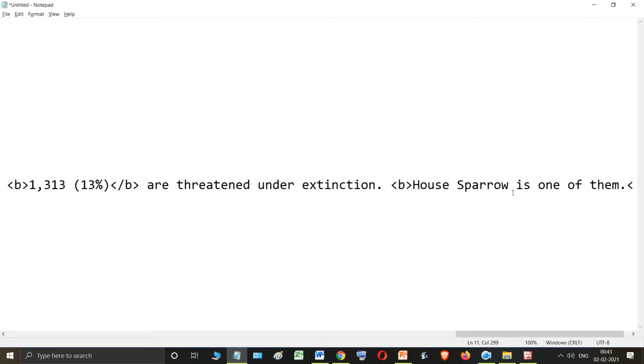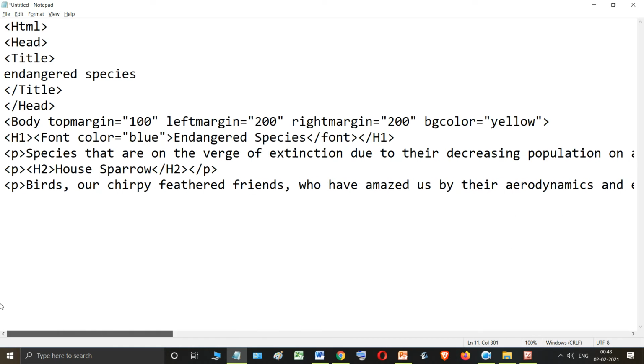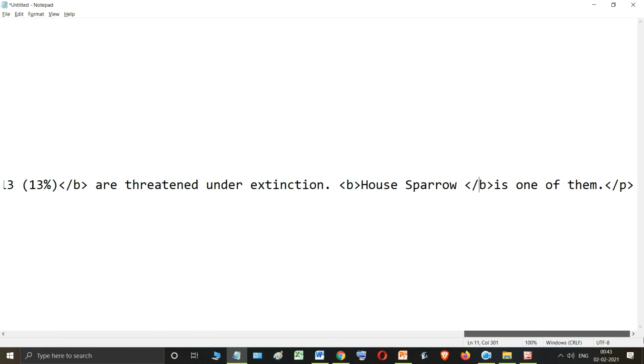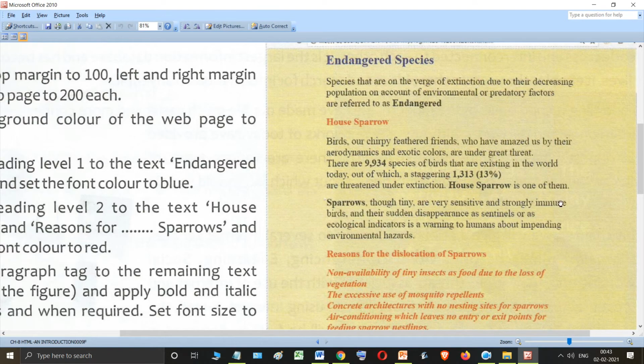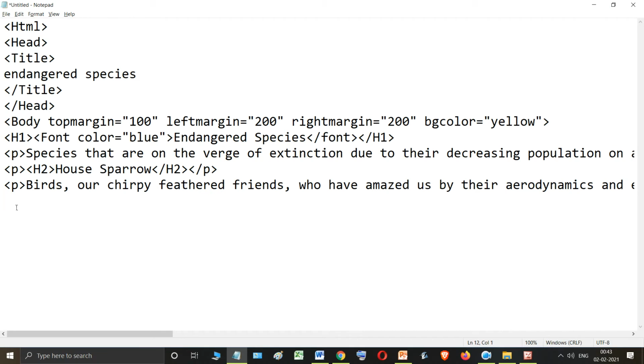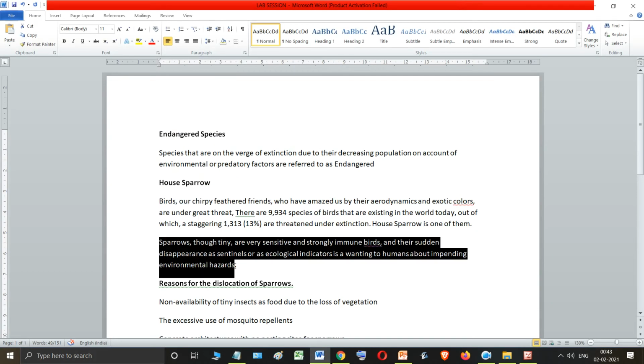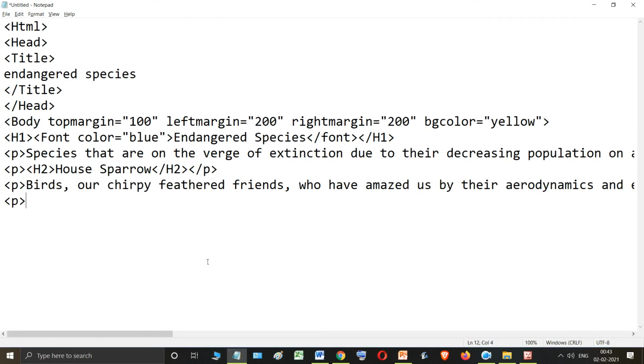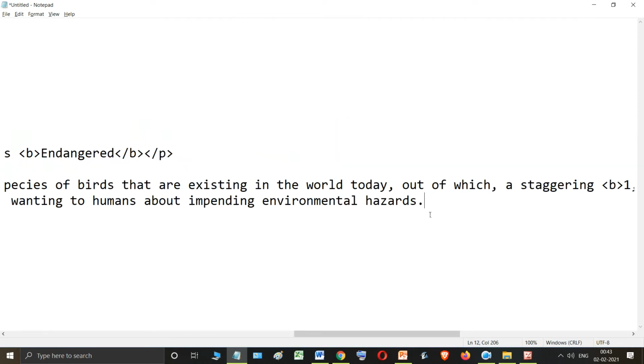Okay students, so we have finished. Did we? Yeah. Now we have finished till here. Now we need to open a new paragraph from year to year, and the sparrows part will be bold. So let's open a new paragraph. I have opened the new paragraph, and I'm just going to copy the text of the new paragraph over here, and then close the paragraph over here.